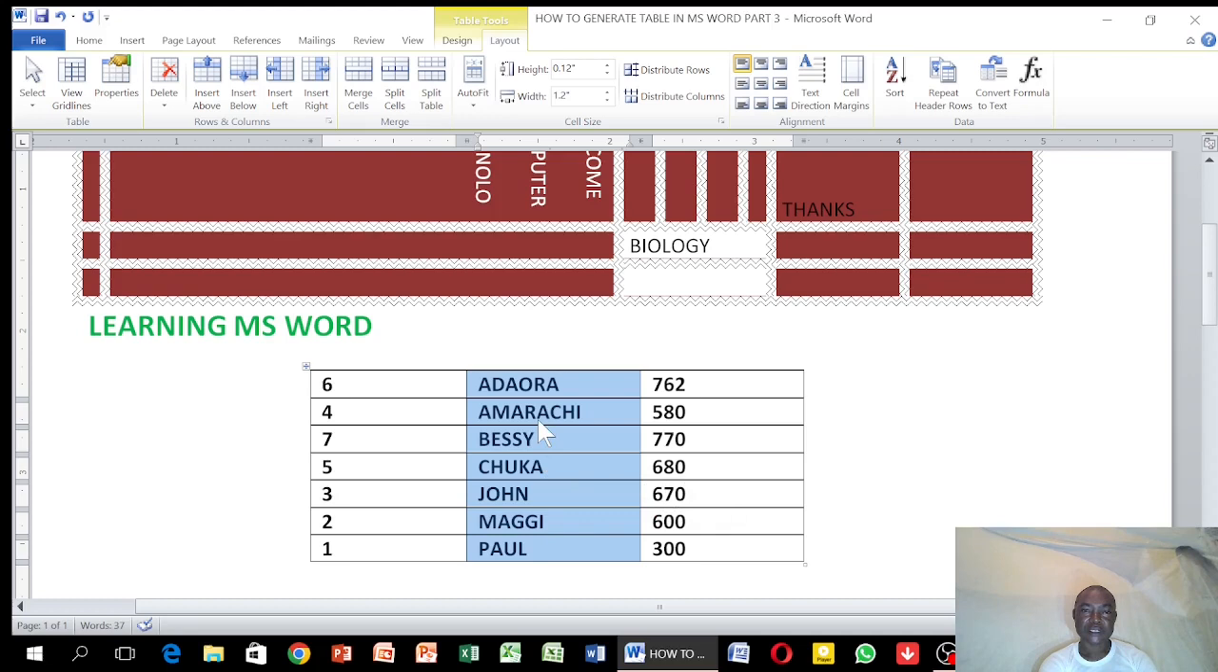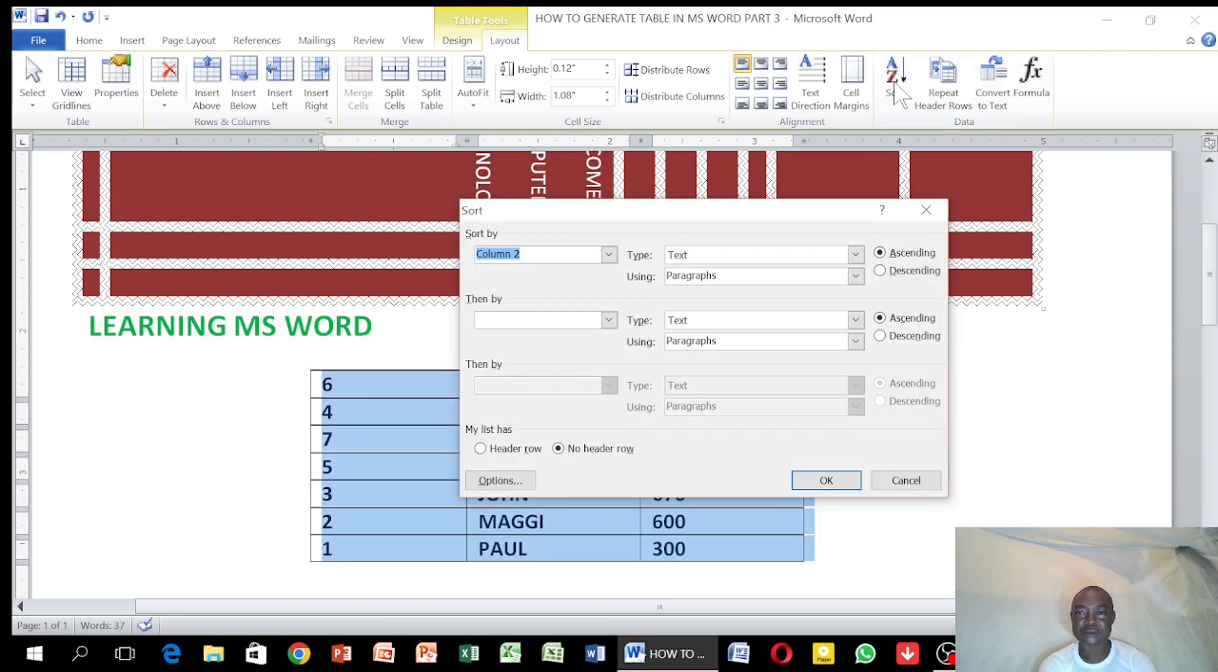But what will happen to column 1? Column 1 is not well arranged. The numbers are scattered. So what are you going to do with column 1? Column 2 is in alphabetical order with its figures. In this case, we have to sort column 1 to be in serial number. You go back to sort, click column 1, click ascending,